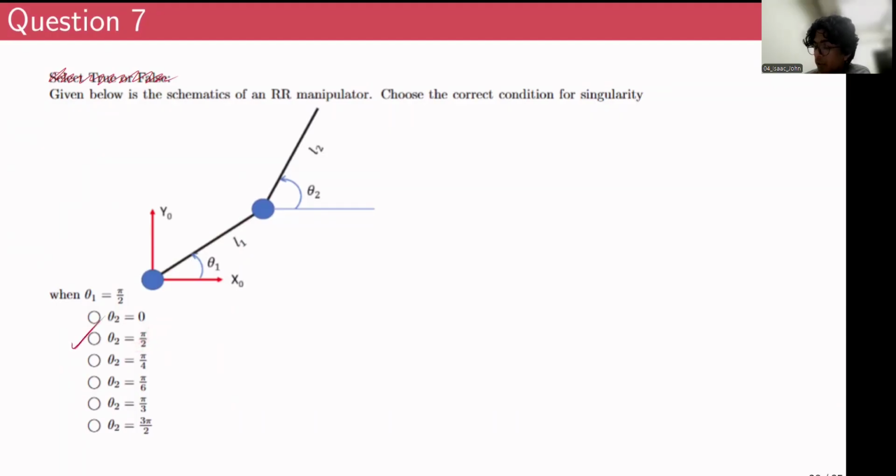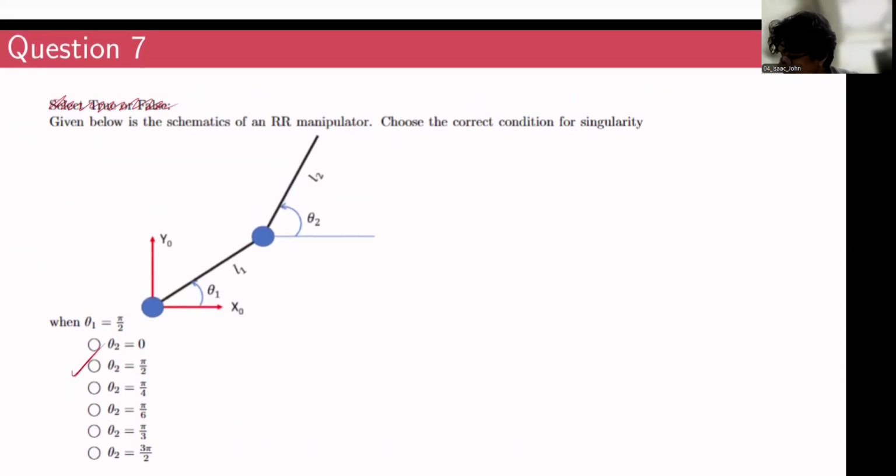Because θ1 is basically the angle between the x-axis and link 1, and θ2 in this case is the angle between the x-axis and link 2. Typically we take θ2 as the angle between link 1 and link 2, but in this case it's the angle with the x-axis itself. So in the question, when the robot's first link θ1 is 90 degrees, maybe something like this,